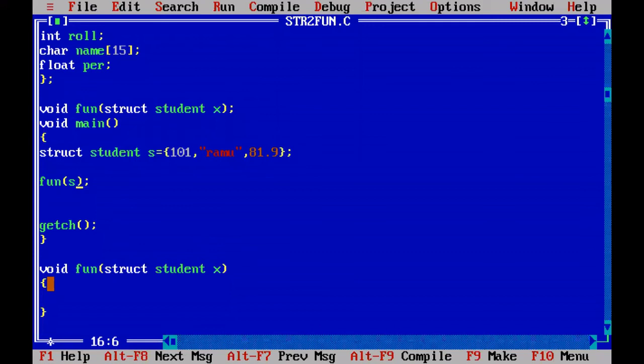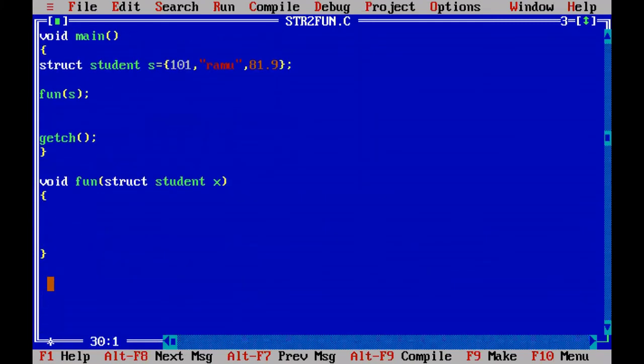We will go inside the function, and we will print the X data. How to print? Write down printf statement, \n S name equal to percentile S, one tab space or one new line you can take.